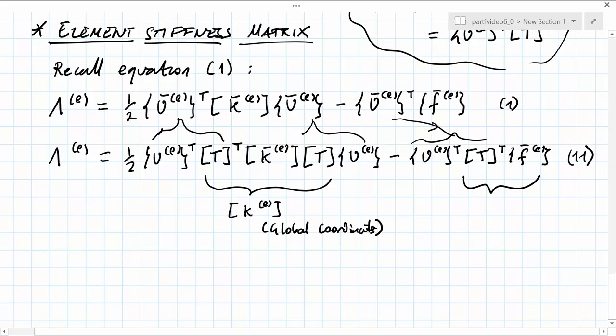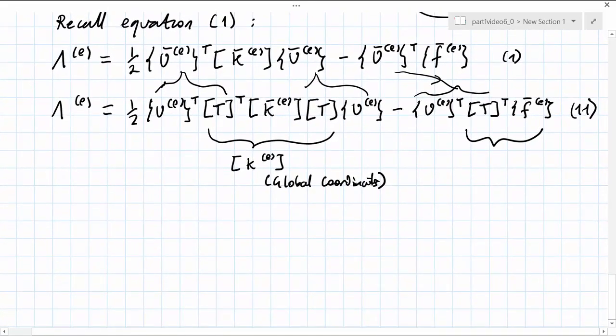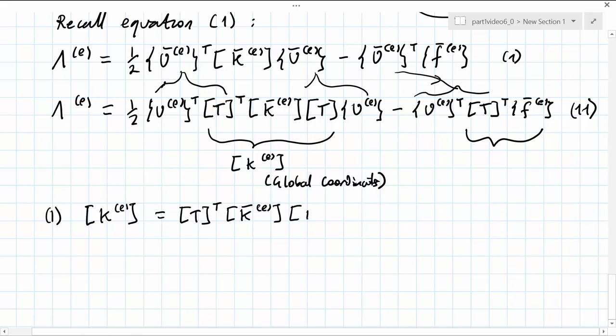From this, we're able to now make the following definitions. Firstly, the element stiffness in global coordinates is given by the transformation matrix transposed times by the local element stiffness times by the transformation matrix,